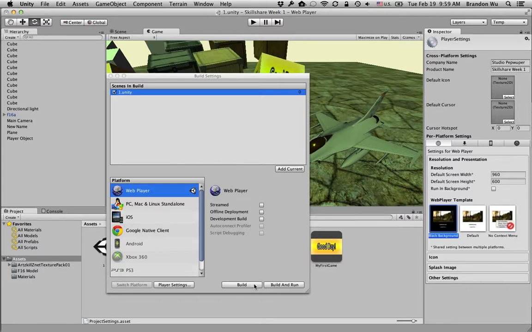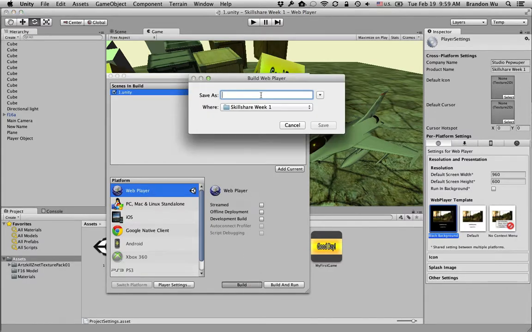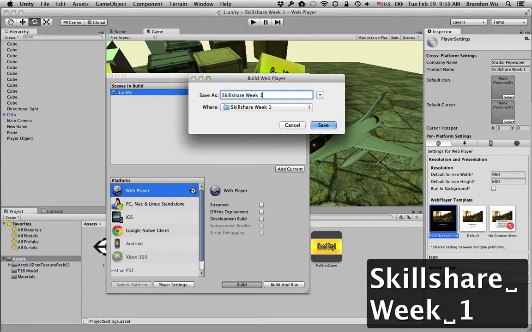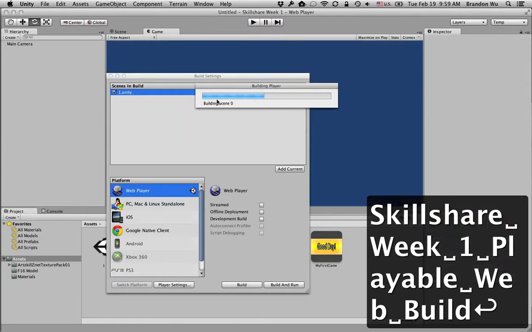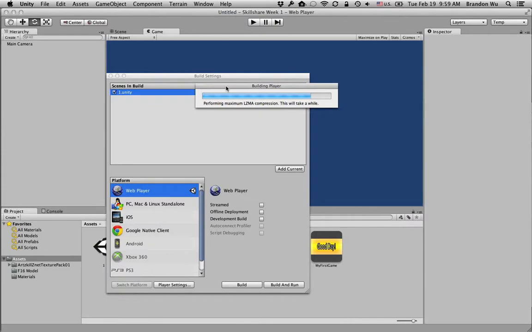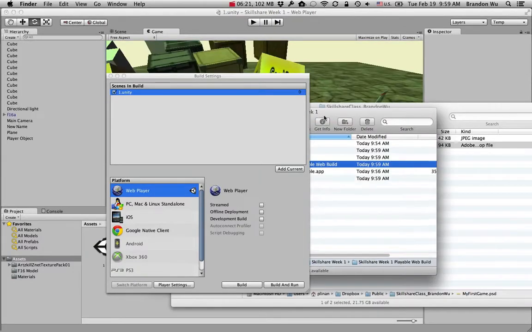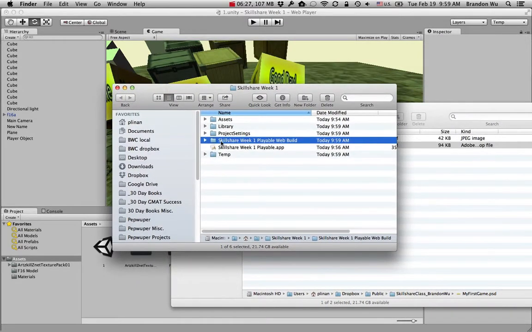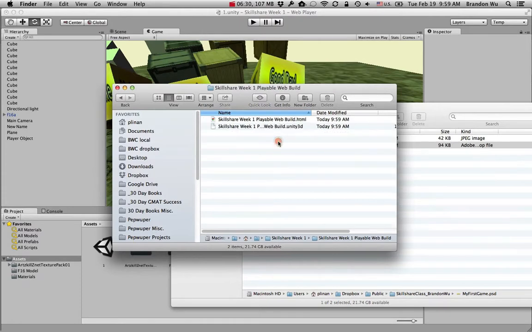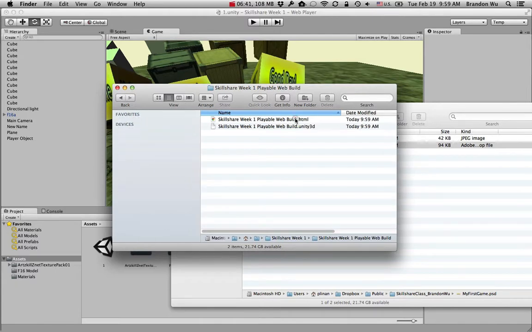And click on build. Again, give it a name. Skillshare week 1 playable. Let's just say web build. Okay, give it some time to process. Okay, now it's built. Let's close this. You can see that there is a folder called Skillshare Week 1 Playable Web Build. And you'll have two files. One is a .unity3d file, which is your game, and then a .html file, which you can use to launch the game. So if you double click on this,